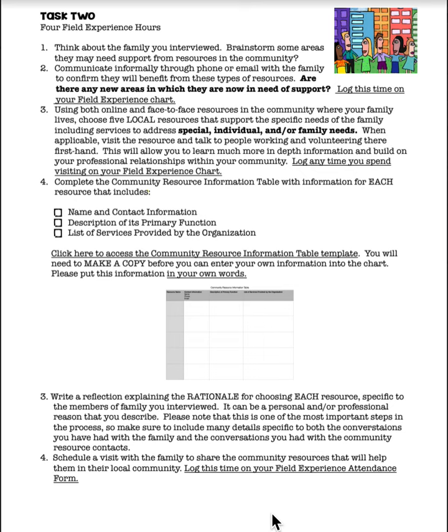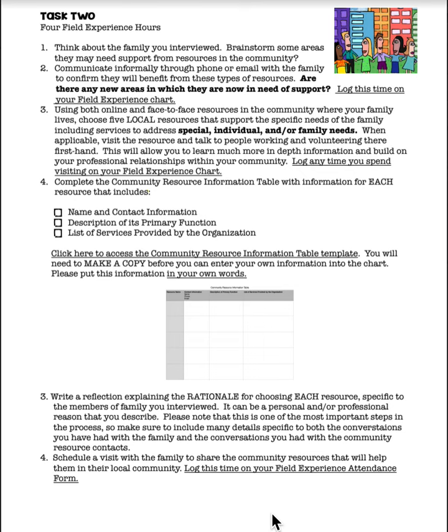Then in step 2, you're going to go to the family informally through phone call or email or text, and you are going to have a short discussion with them about these resource benefits. So you want to basically propose to them what you think would be helpful to them from the community. And also, you can ask them, are there any new areas in which they need support? This conversation should be logged into your field experience chart. So if it happens to be face-to-face, they can sign it. Otherwise, you're just going to jot down the time that you spend corresponding with them, and you can just leave